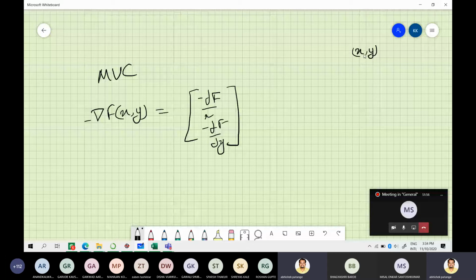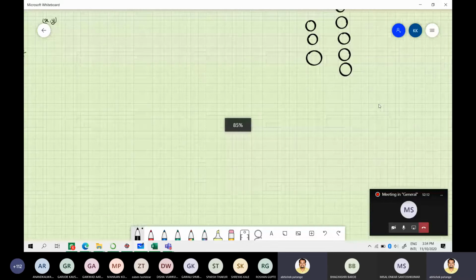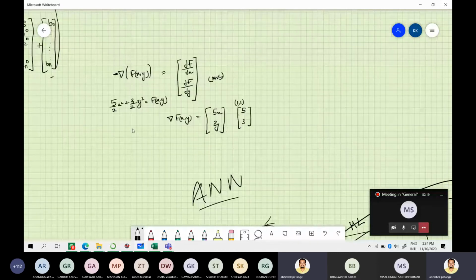Suppose you have a function f of x, y equals 5 by 2 x square plus 3 by 2 y square. The gradient at point 1 comma 1 is this. It's pretty obvious: partially differentiate with respect to x, y is 0, so 5x.